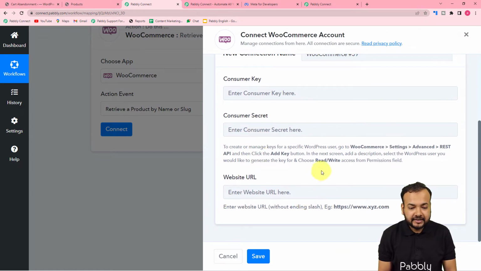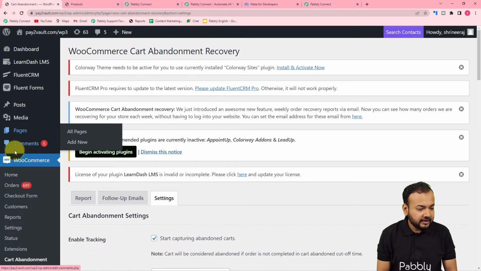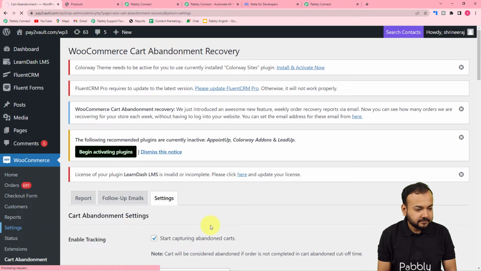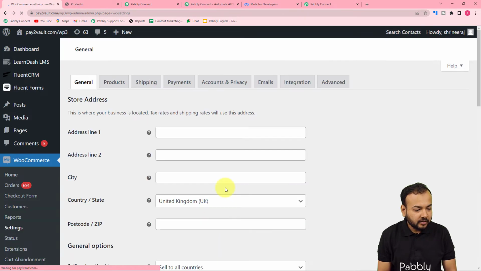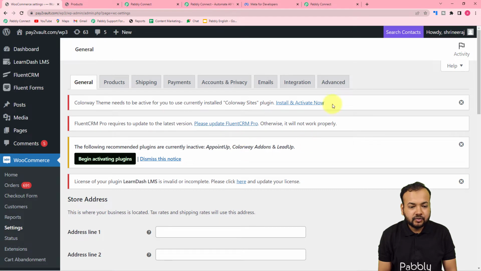So to find these things, guys, you need to reach the settings of WooCommerce. There you will find all these things. Let me show you. This is my WooCommerce plugin, guys, and here I have this settings option. Click on settings. Alright, and on the settings page you will find this advanced tab right here. Click on it,